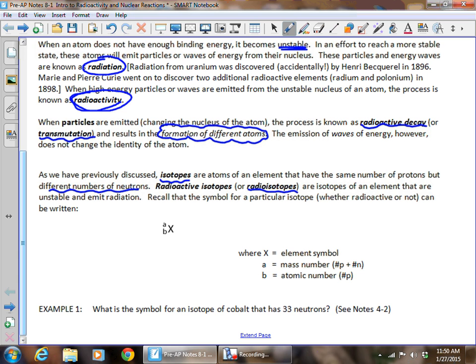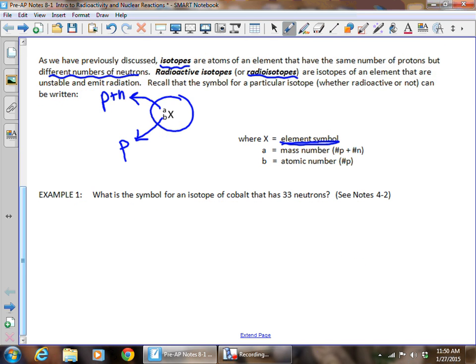So just a quick review. Remember, if we have this symbol, the X in the symbol stands for the element that we're dealing with. The number on top is the mass number. Remember, that's the protons plus the neutrons. The number on bottom is just the protons. That's the atomic number. So if we wanted to represent an isotope of cobalt that has 33 neutrons, first of